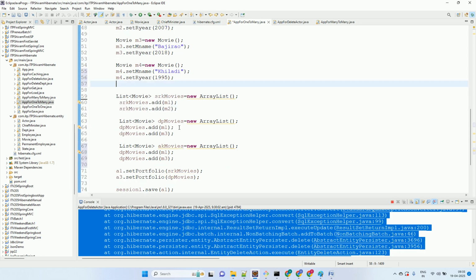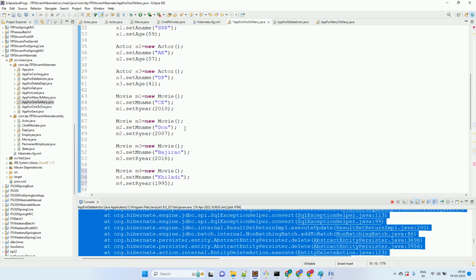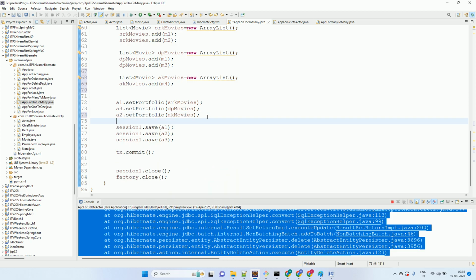अक्षय कुमार। AK मूवीज में कौन से आएंगे? M4 आएगी ना? तो and then what will we add? एक्टर नंबर क्या नाम? A3 ना? A4? एक्टर नंबर A2, A2 डॉट सेट पोर्टफोलियो में कौन से मूवीज है? एक ही, ठीक है, और सेट A2 कर दिया। अब A2 को डिलीट करेंगे तो ज़्यादा दिक्कत नहीं है, क्योंकि उसका किसी से डिपेंडेंसी नहीं है।